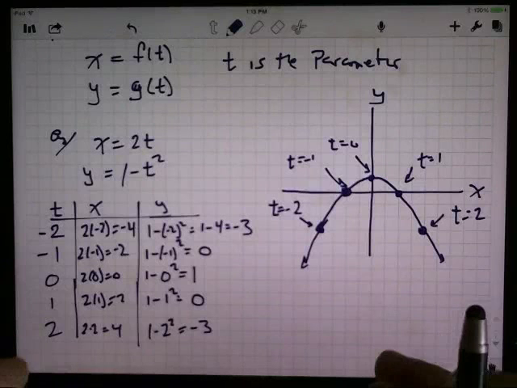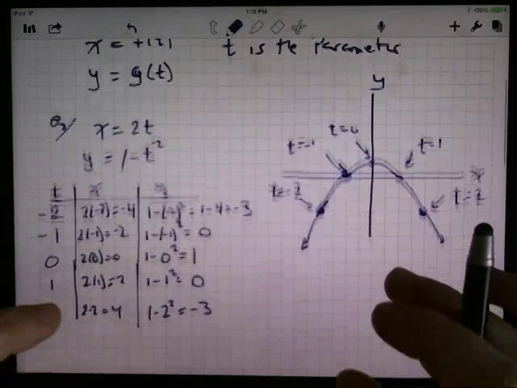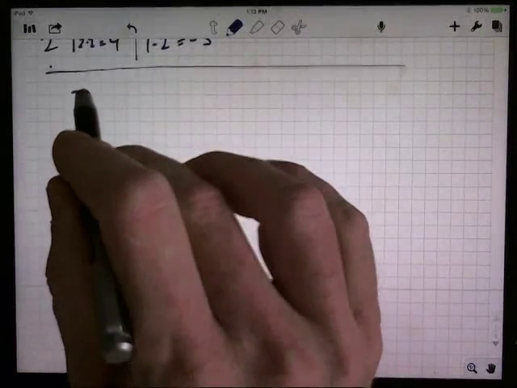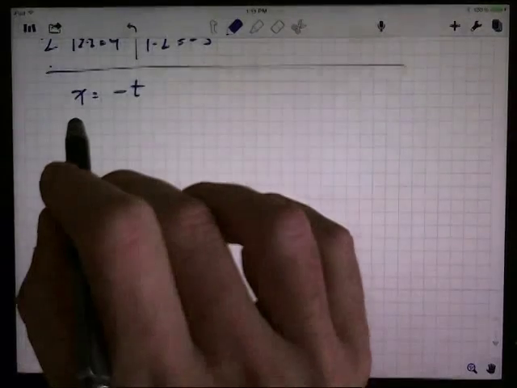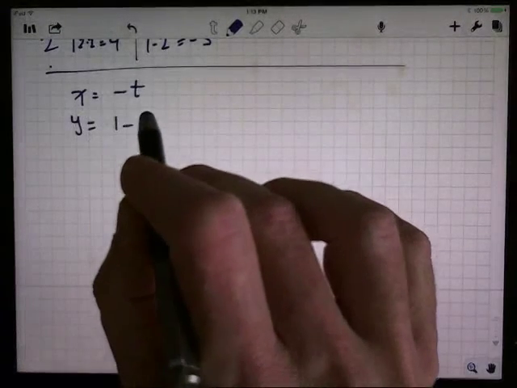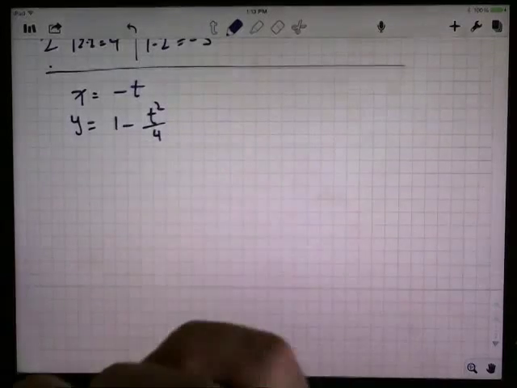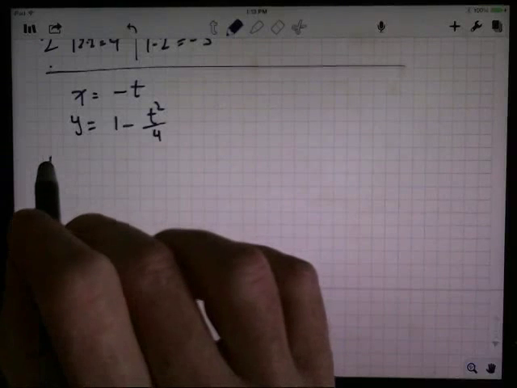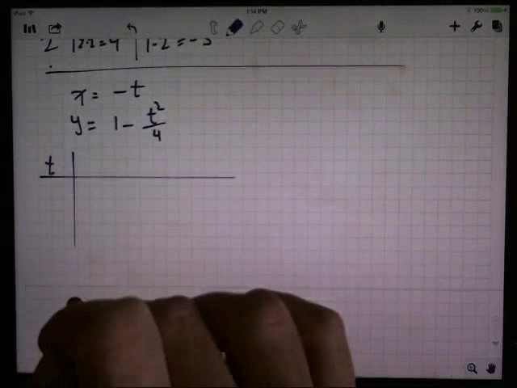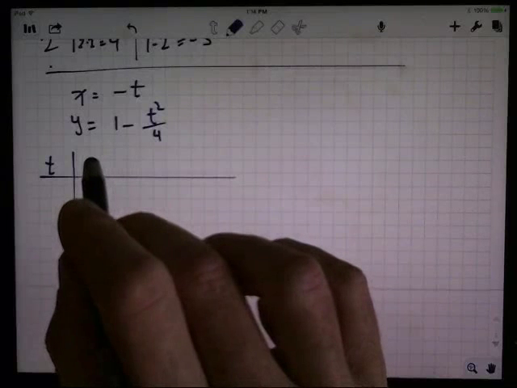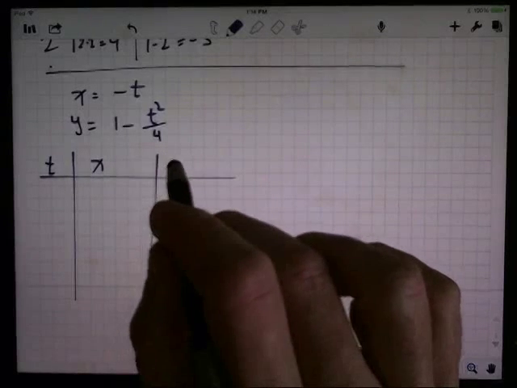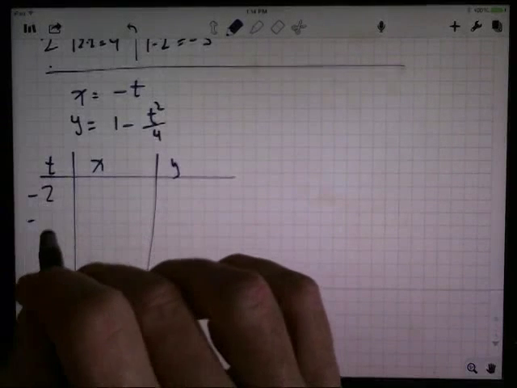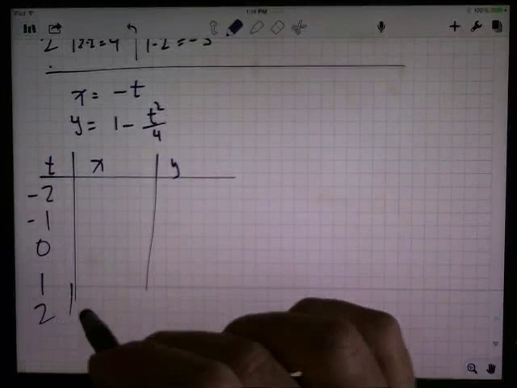So let's do another example here. Let's try something like this now. How about x equals negative t and y equals 1 minus t squared over 4. Okay, so we'll make ourselves another table. Again, I'm going to get away from tables eventually, but it's a pretty good way to get started. So x and y. Let's try the same ones: minus 2, minus 1, 0, 1, and 2,